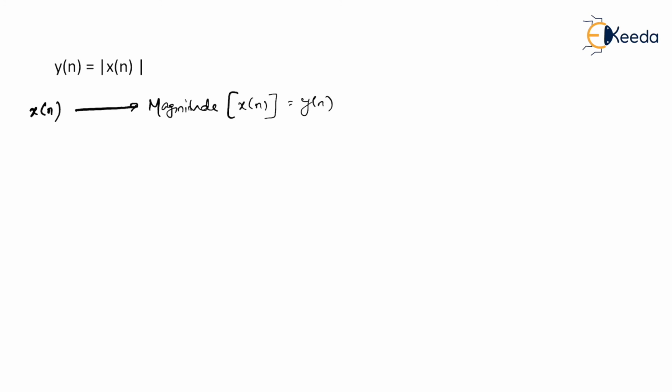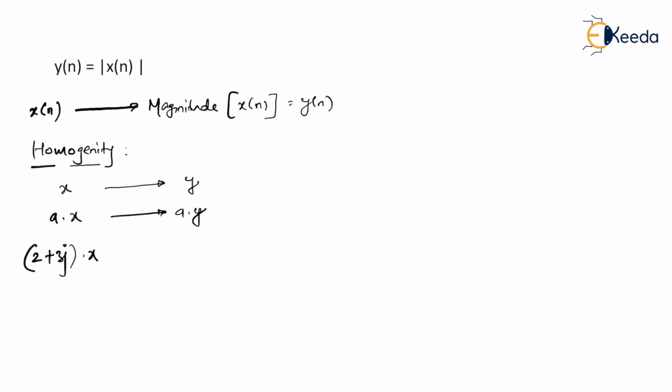Okay, so again we will try to apply the homogeneity property. If input is x, output is y. If input is a times x, output must be a times y. I hope you are clear with this, right? So let us assume input is 2 plus 3j times x, then output must be 2 plus 3j times y by the homogeneity property, but we will check whether we are getting so. So let us assume input is 2 plus 3j